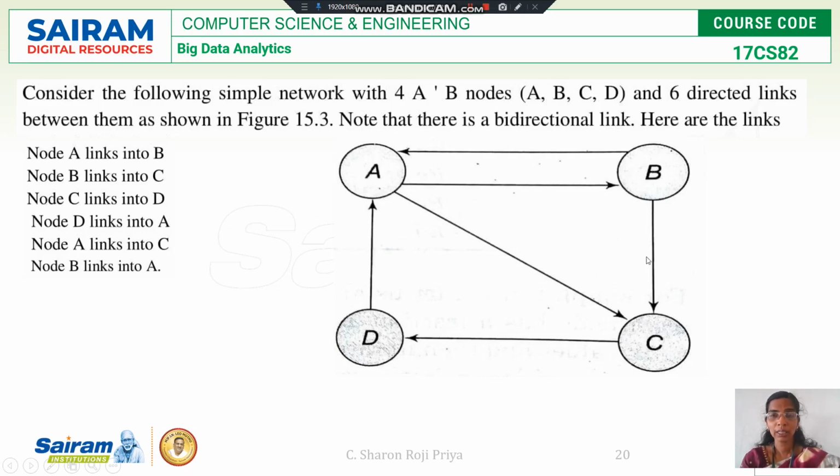Incoming edges are from B and A. Now take this incoming edge from B. It is half the influence because B has 2 outgoing edges. So this edge is half the influence of B to C. What about this edge? This edge is from A. A has 2 outgoing edges, so this edge is half the influence of A. So C is taking half the influence of A and half the influence of B.